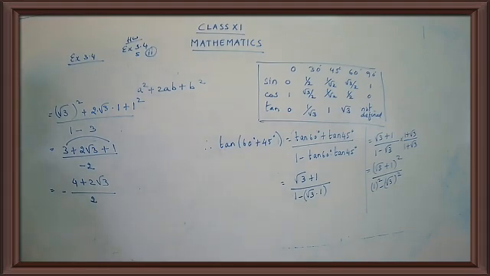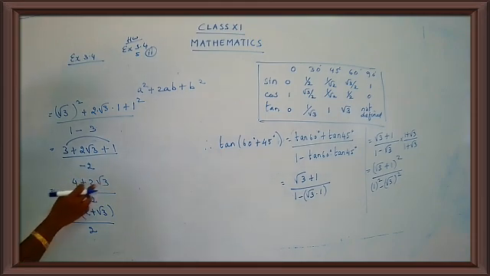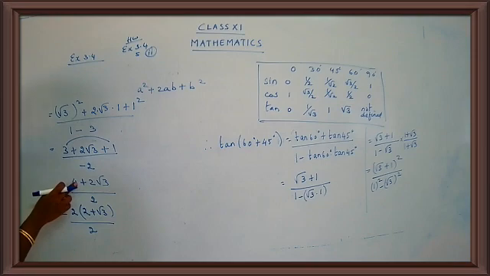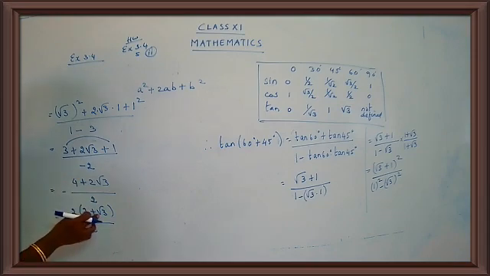So you get 4 plus 2 root 3 upon 2. Just see the numerator part. You have 4 and we have 2 here. That means we can take 2 common. So this is equal to minus is over here. I'm just going to take 2 common. So what is left here? 2 is left, and here plus root 3 is left. Are you getting my point, children? See, minus is here, minus is out, that we are not worried about. So 4 plus 2 root 3, I'm just going to take 2 common. So what is left here? 2 plus root 3 upon 2.